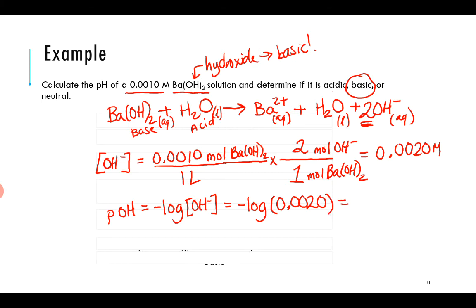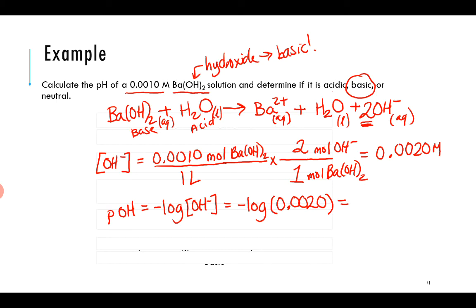Now, if you have the TI-36X Pro, then you have to push the log button twice. Pushing it once gives you the natural log button, but you want the regular log base 10, and so you just have to push it a second time to get log base 10. So do negative log of 0.0020,